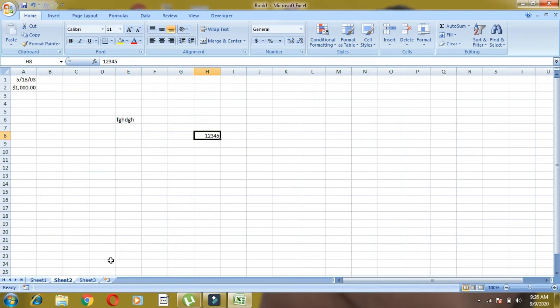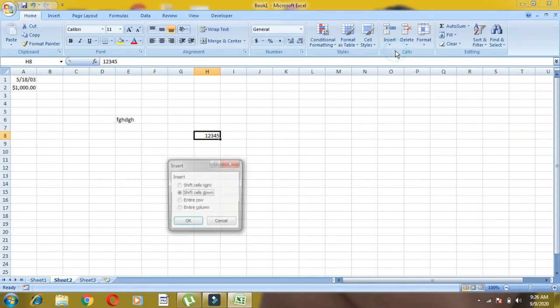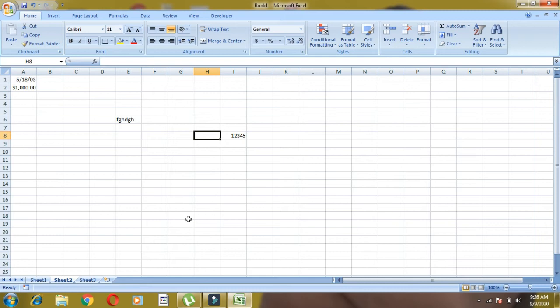Inserting cells, we can even insert the cells. How can we insert? Suppose here I want to insert one cell. You need to first select the cell, or you can even select a range of cells, then go to the home tab. Inside the home tab you'll get the cells group here, children. See, the insert option is there. If you click insert, the insert cell option is available. Then shift cells down, shift cells right options are there. You can use this and insert one cell as per the direction.